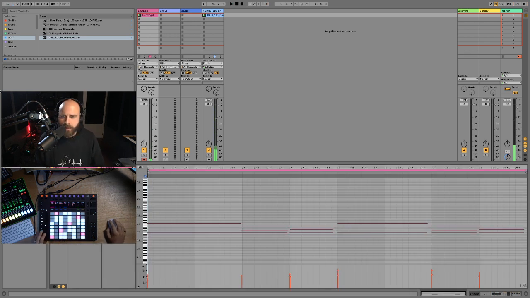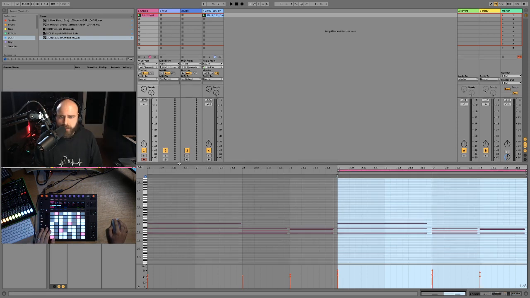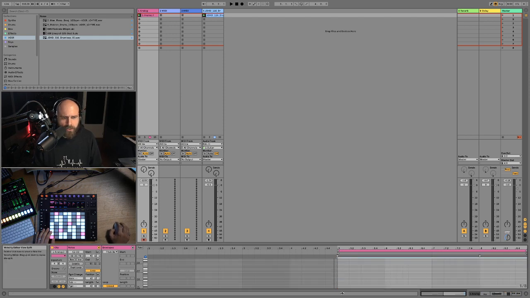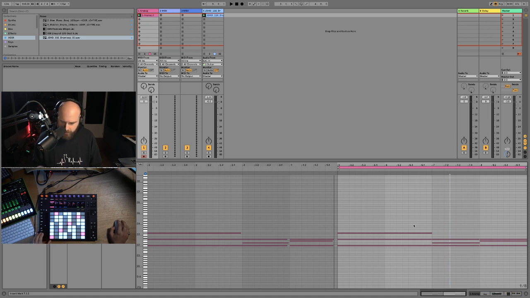That'll do. And we'll go back in here, fine tune this. And let's give it a quantize, shall we? And I'm also going to use this little guy over here, this nice little trick, legato. What that does is stretch out all the notes to the nearest MIDI note. So now everything's nice and tight together.